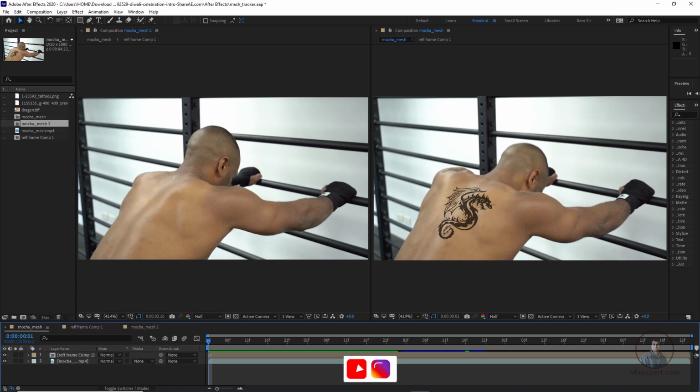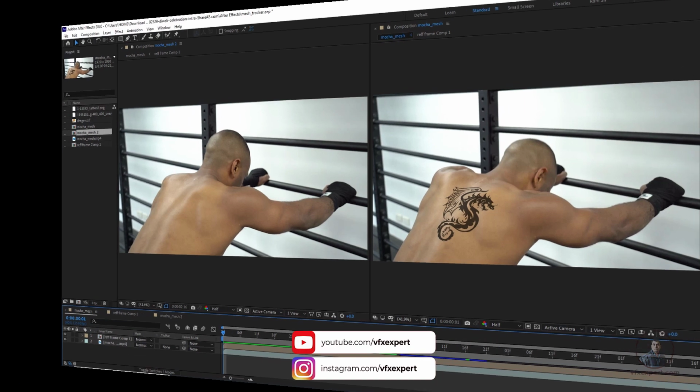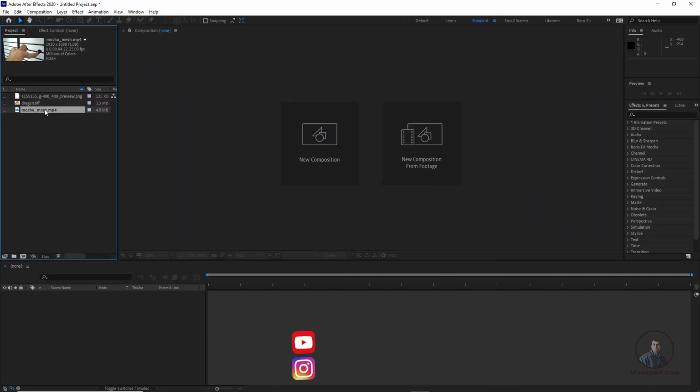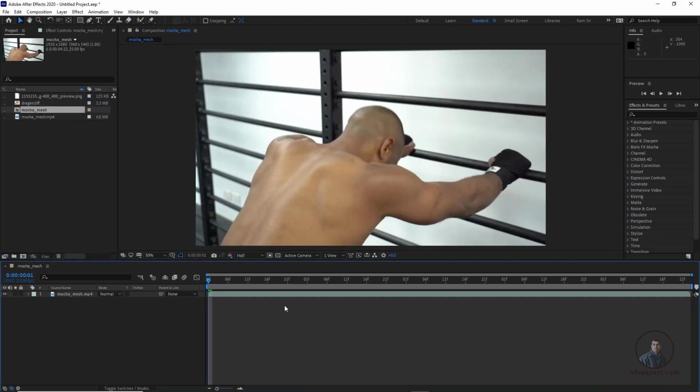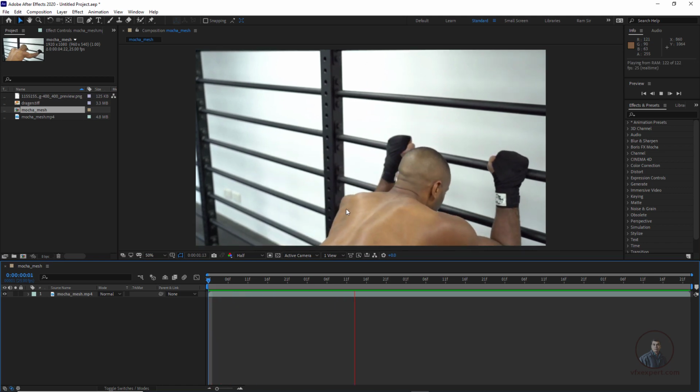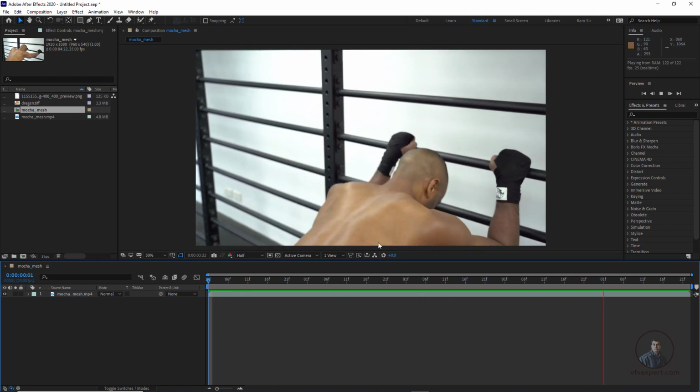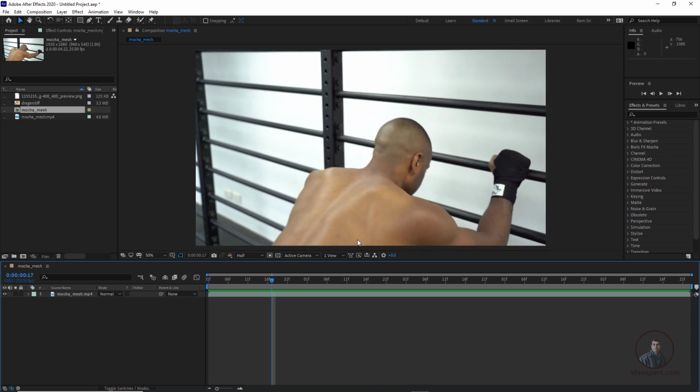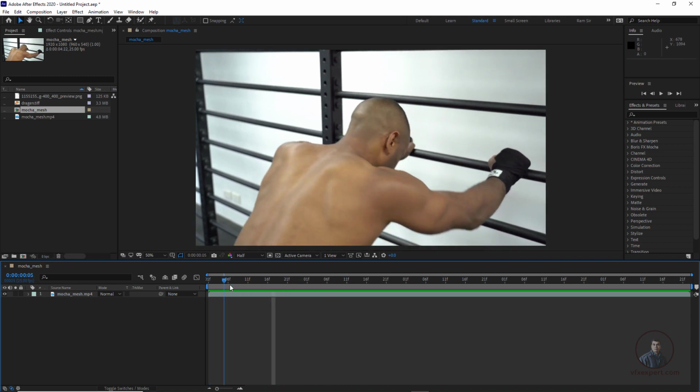So today we are going to see Mesh Tracker in Mocha Pro, and we will compose this shot with the help of After Effects. Here I am going to start Mesh Tracker with Mocha Pro and After Effects. Now here I have imported our footage. First create a composition from your footage. Select this footage and drag and drop it onto this composition icon, or you can directly drag and drop here. Now you can see this is our timeline and this is our footage. We have to track this footage with the help of Mesh Tracker, and we can place anything here, whatever you want to place.